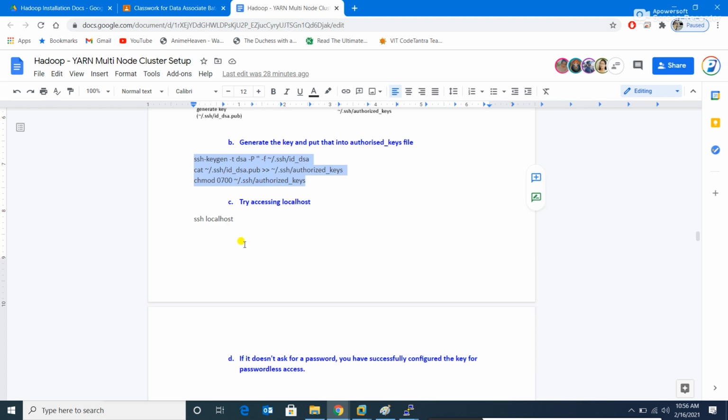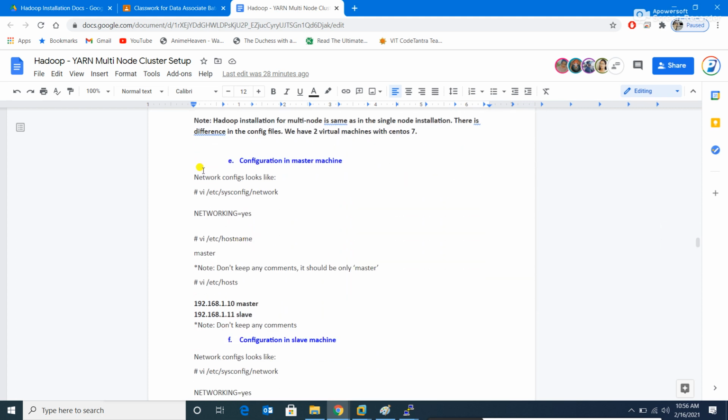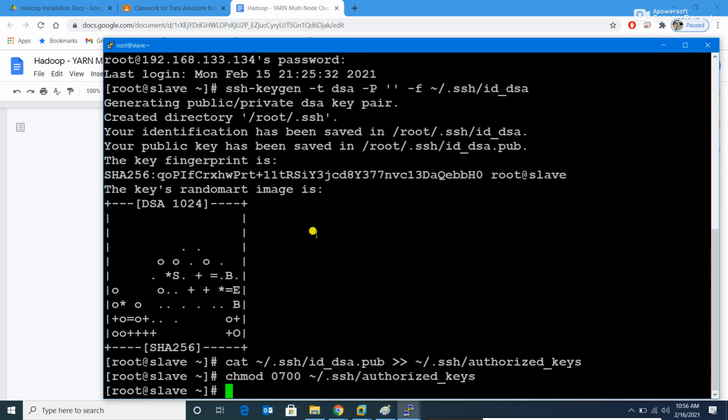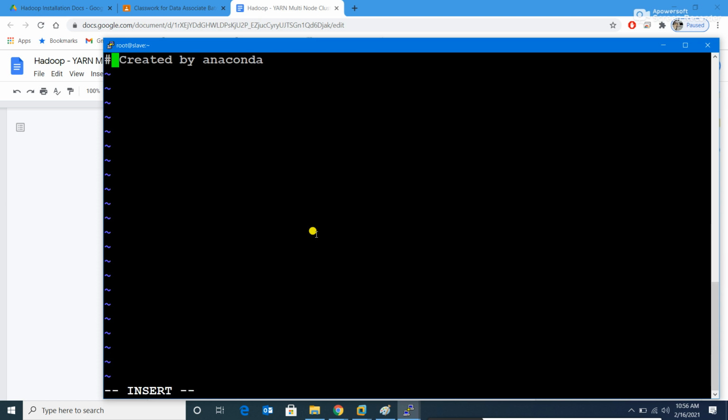Now what we will do? This part, /etc/sysconfig/network: here also we will work with vi /etc/sysconfig/network, and we will make networking equal to yes, and save it.